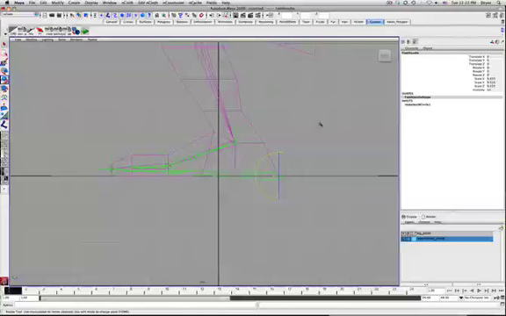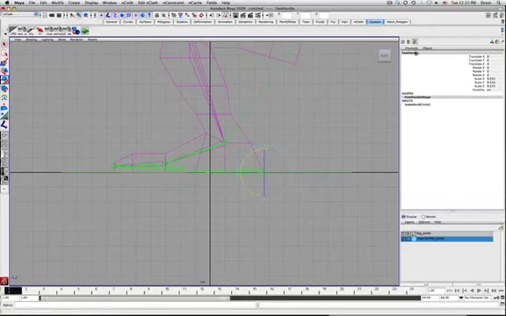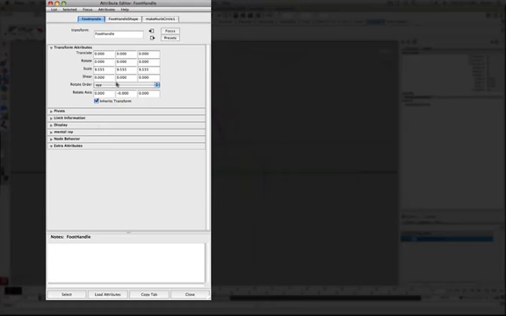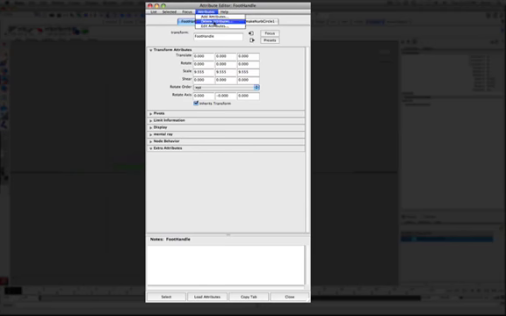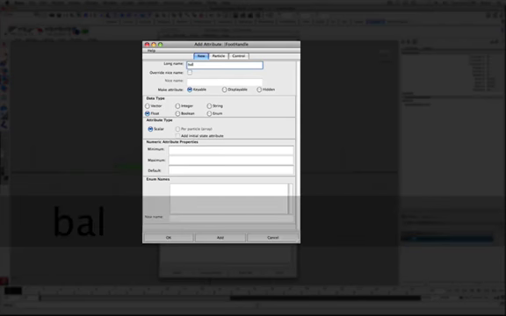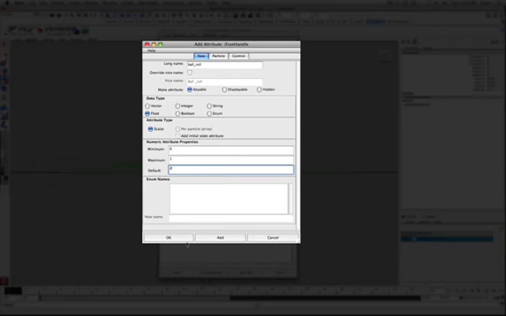But now I'm going to create a couple of extra controllers in here. So I've got the foot handle selected. I'm going to open up the attribute editor and go into the transform node here. And I'm going to add a couple of extra attributes. No, I don't want to edit. I want to go to add attributes. So we're going to create a new attribute called ball roll, and then give it a minimum value of 0, maximum value of 1, and default 0. Even though this is in rotation, we're just setting simple parameters that are easy for us to animate. Say OK,